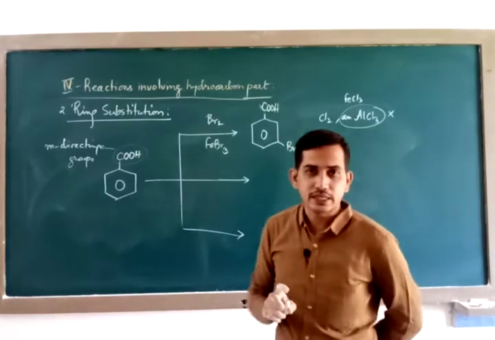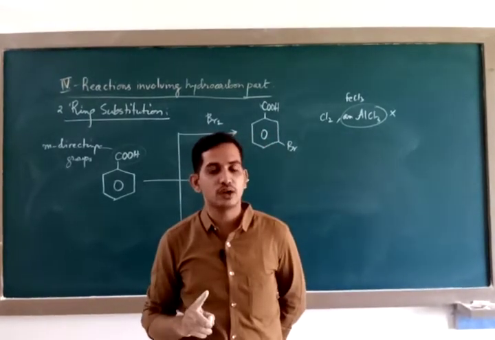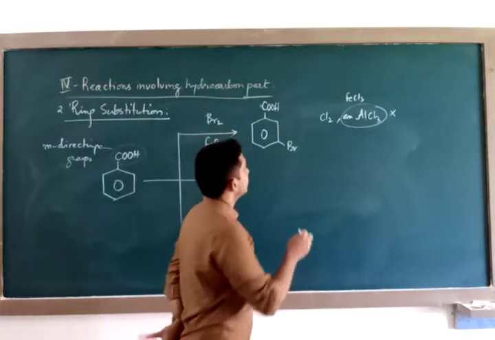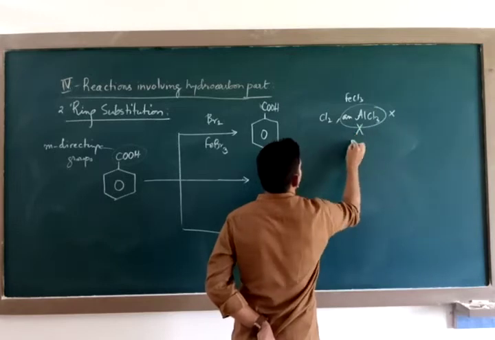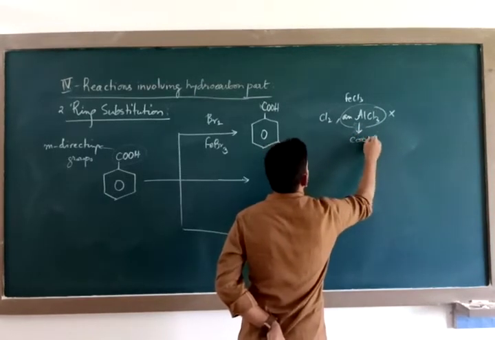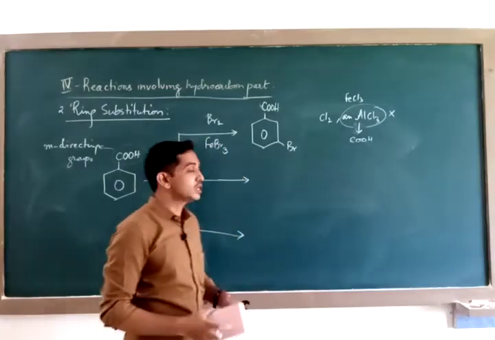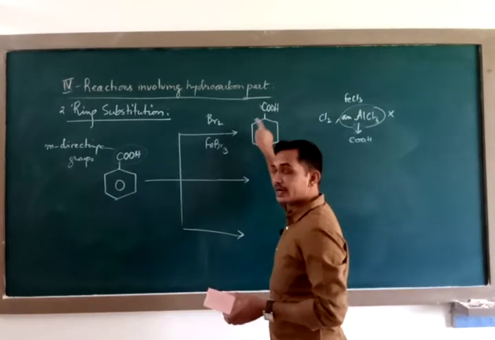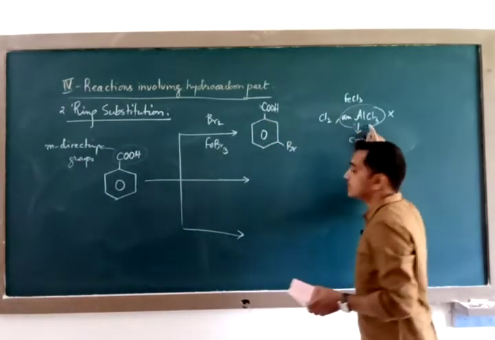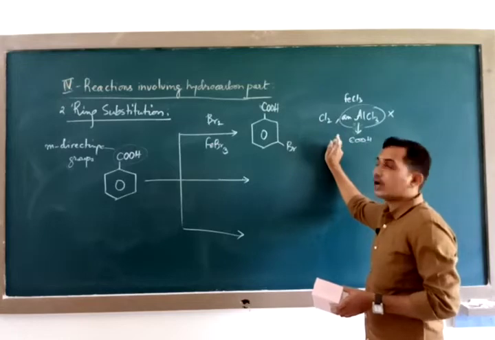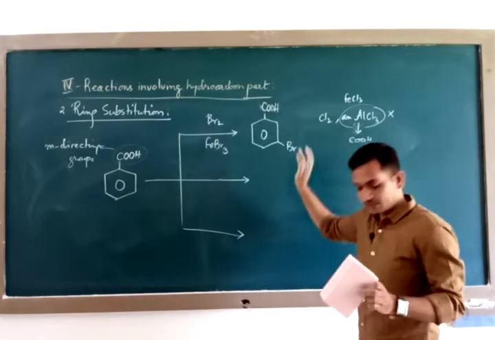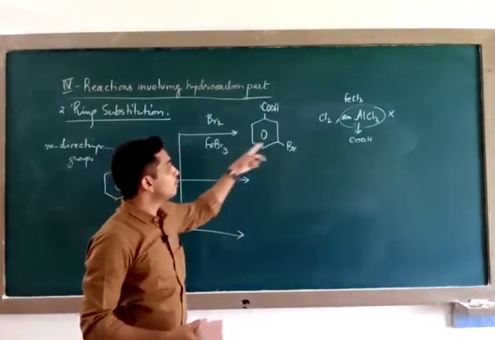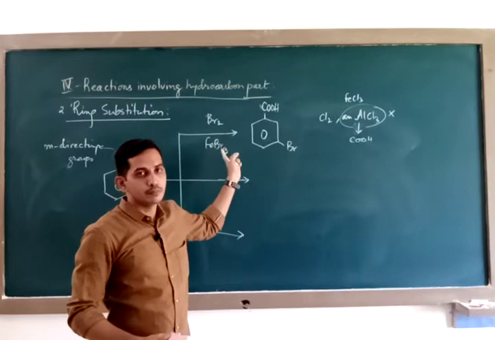The reason why anhydrous AlCl3 is not used for chlorination is because anhydrous AlCl3 goes and reacts with the carboxyl group. For electrophilic substitution reaction, carboxyl group should remain intact. Only the hydrocarbon part should get substituted. But if you choose anhydrous AlCl3, it will go and attack carboxyl group. Both of them will react. For this reason, and to avoid confusion, I did not explain chlorination. I chose the example of bromination.